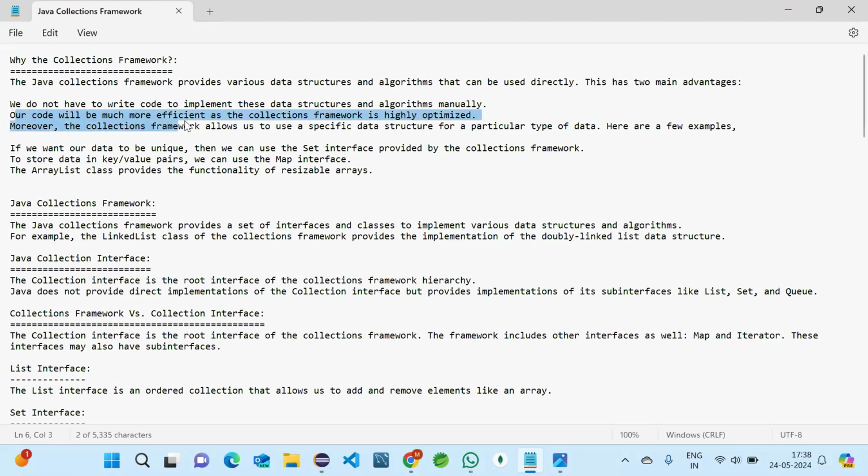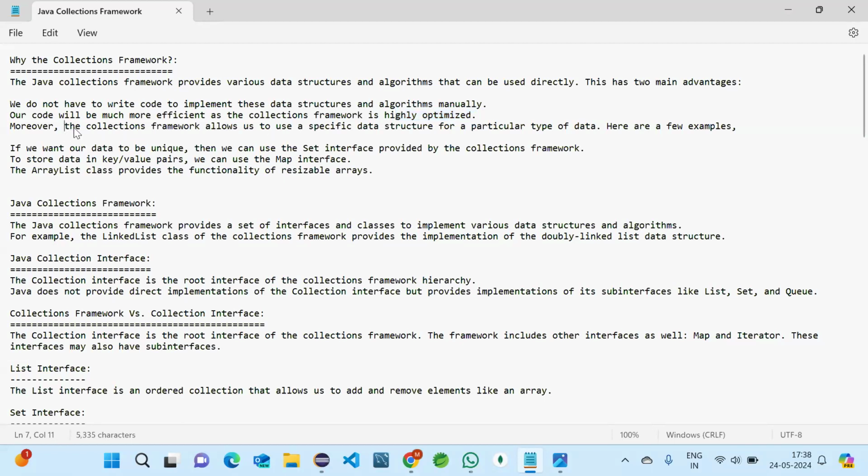One more advantage is that our code will be more efficient and optimized. Whenever a programmer writes a program, they want the code to be efficient and optimized. So automatically the collection framework gives us these two features. That's why we are discussing the collection framework.